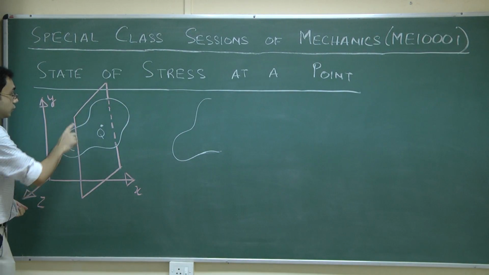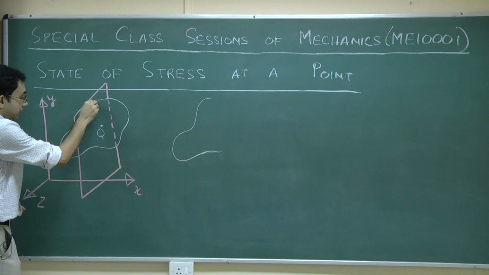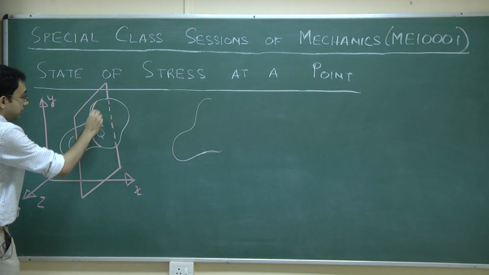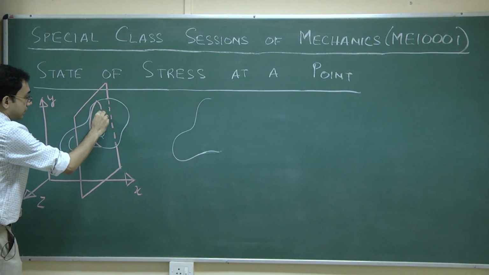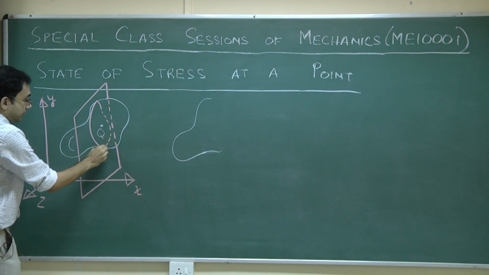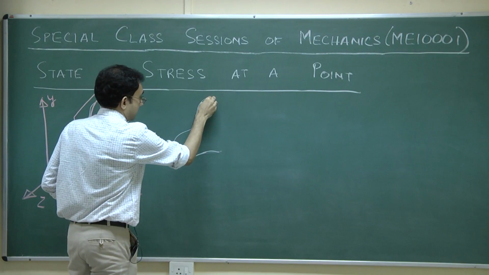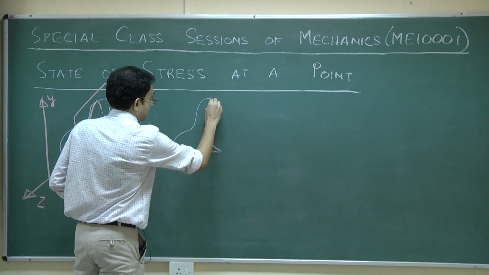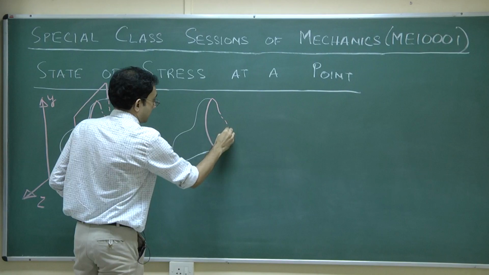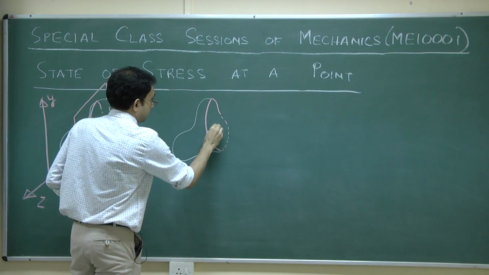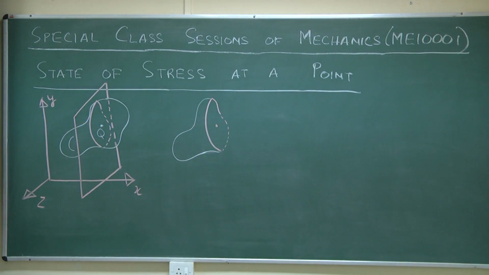You understand that when this plane cuts it, this is what we want to do. We want to isolate the left hand side part of it. Furthermore, we would like to depict